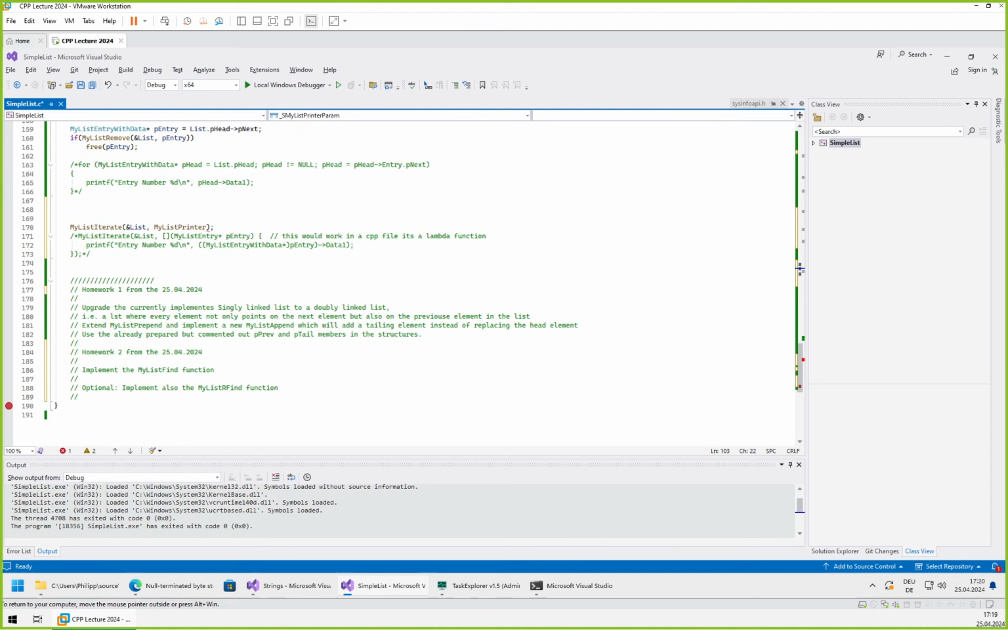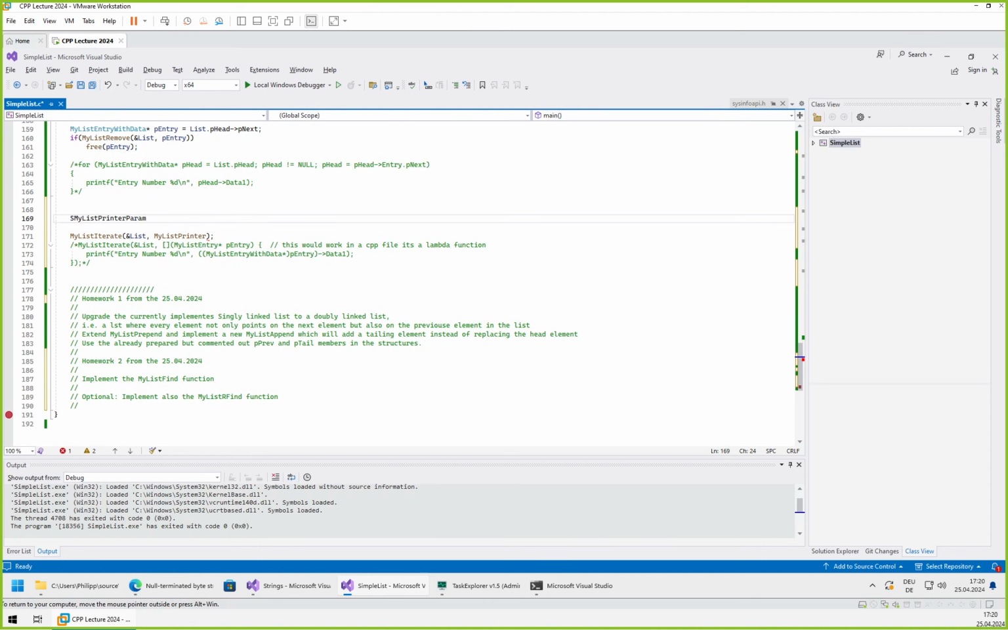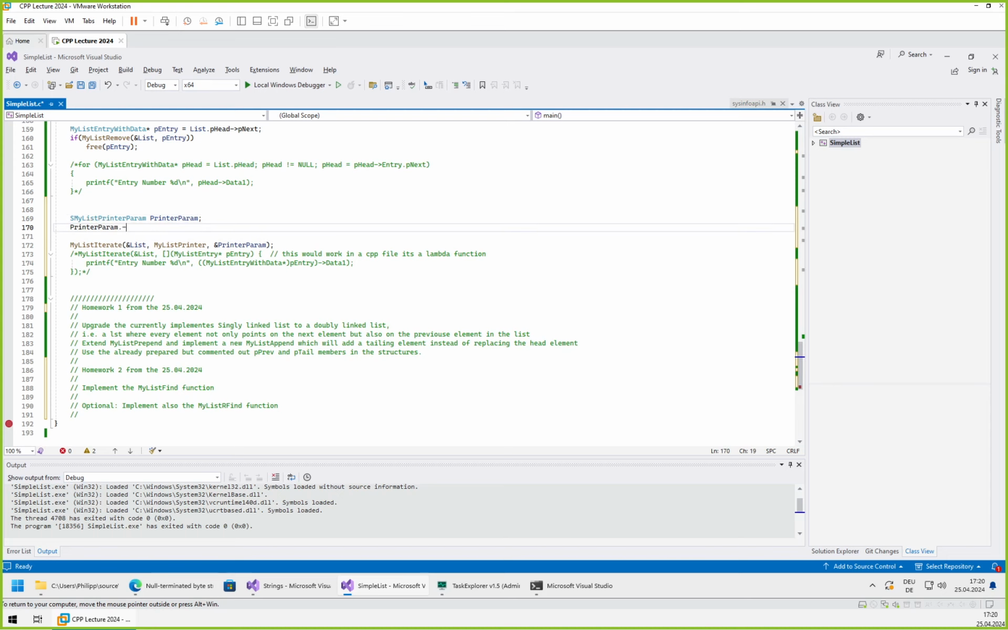So now here we need to allocate it. We'll call it printer param. We can paste it here. We need this to be a reference. We need this to be a pointer. So we need to use the reference operator, and in string we can